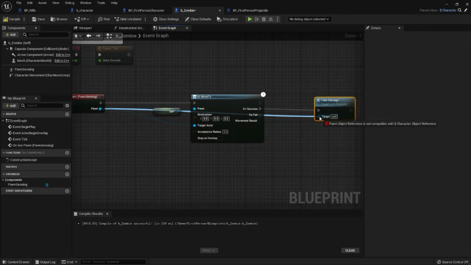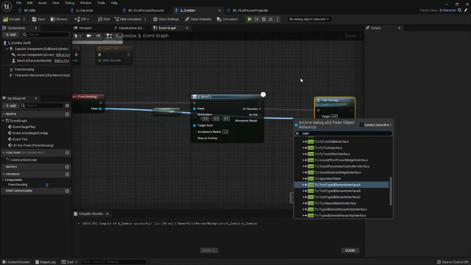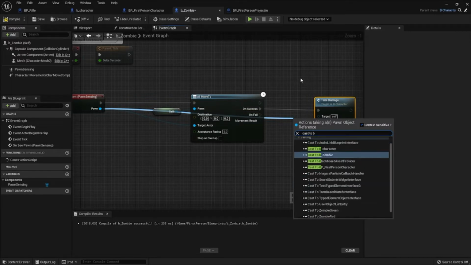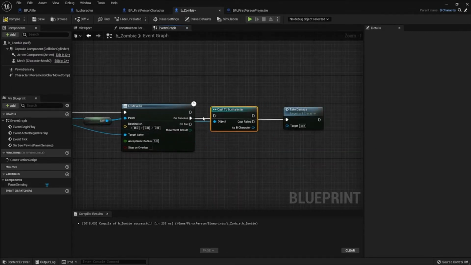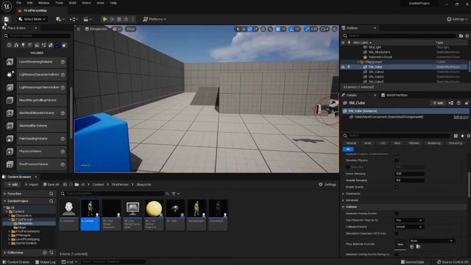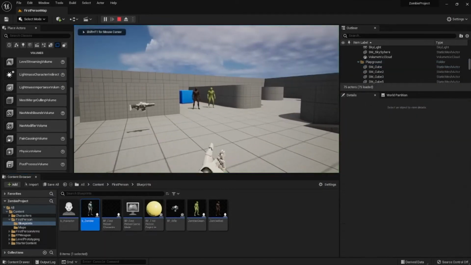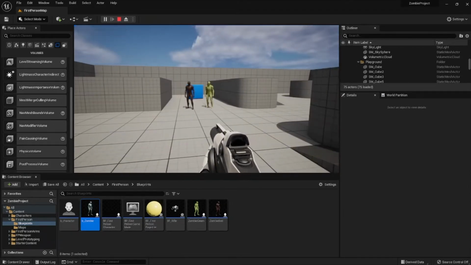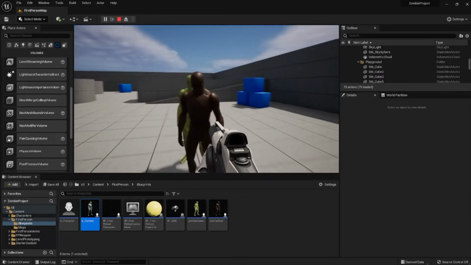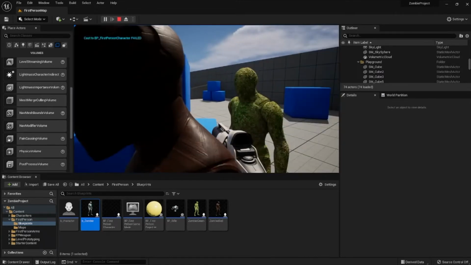Oh, this won't work. I know why this won't work. We need to cast to BP character. Clicking this, right. Wonderful. So whenever it sees a character, it's going to run after it, and then it's going to deal damage. So there is one thing that's going to happen. We're just going to die instantly now. I think, yeah, instantly,